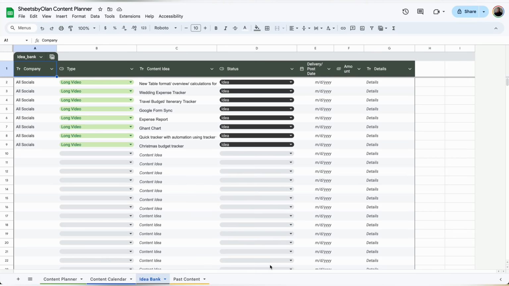If you want to be a successful content creator, you have to have a plan and you have to be organized. And that's because consistency is key and you have to provide quality content. I was previously using a different content planner, but I switched over to this content planner that I built and